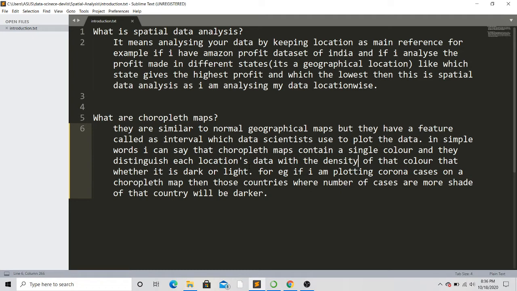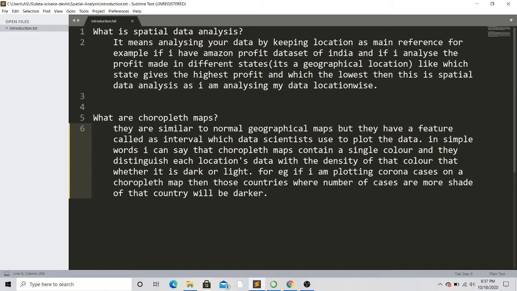For example, if I am plotting corona cases on a world map, then those countries where the number of COVID cases is much higher, the color density of those countries will be yellowish, because I have taken the single color as yellow.